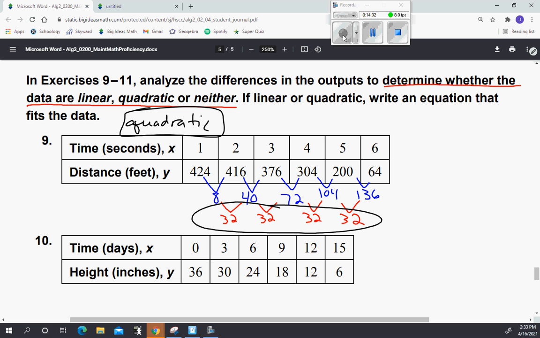Okay. Try it on the next one. We're not done with this yet, but the next one. The difference here is 6. The difference here, 6. The difference there, 6. The difference there, 6. The difference there, 6. That would be a linear group of data. So we have a quadratic, we have a linear,